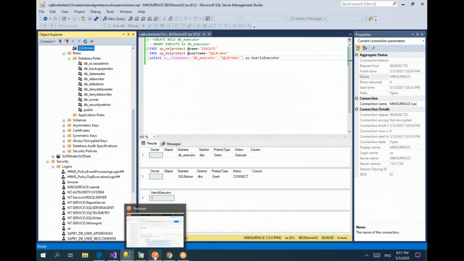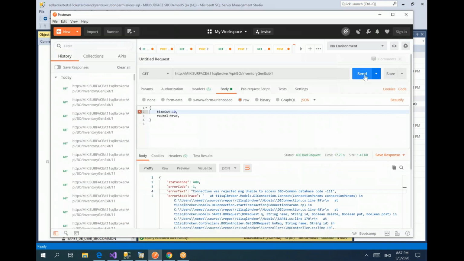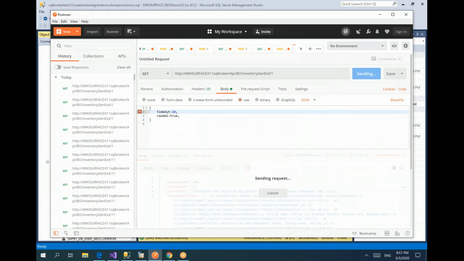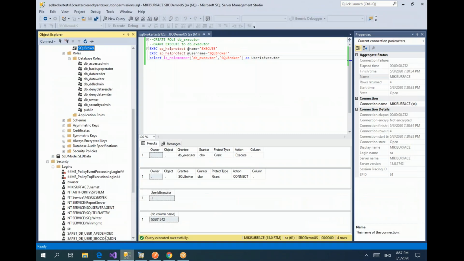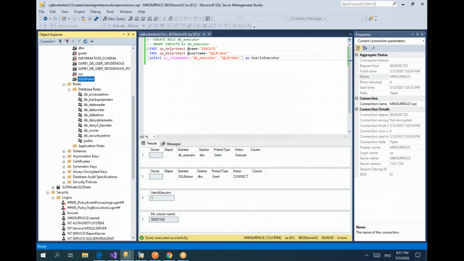Okay, let's check out what's going to happen. Yes, the message is very similar because the user doesn't have access to the SBO common database. Aha. So therefore we have to come back, and then let's create